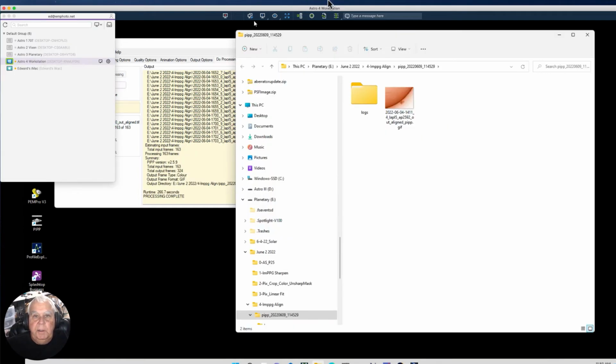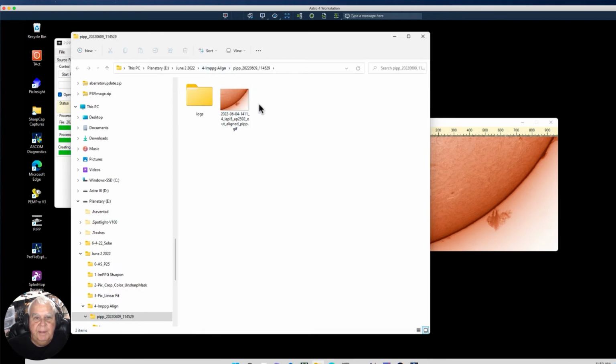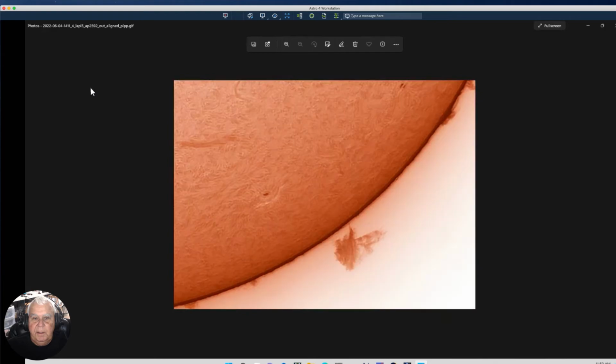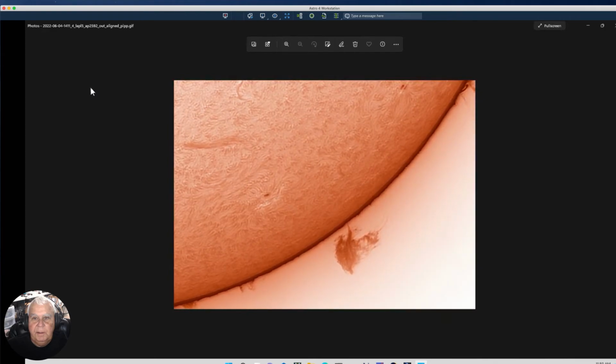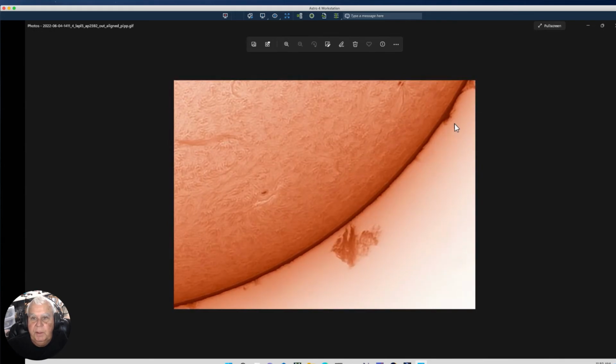Okay, it completed, and it will open up a folder with our logs. I could have created a new directory 5 with Pipp, but I got lazy and I just left it here in the align. I have a feeling I'm going to have to align it again, but let's open it up, double click on it, and oh wow, we had some cool stuff up here. I lost some stuff, but